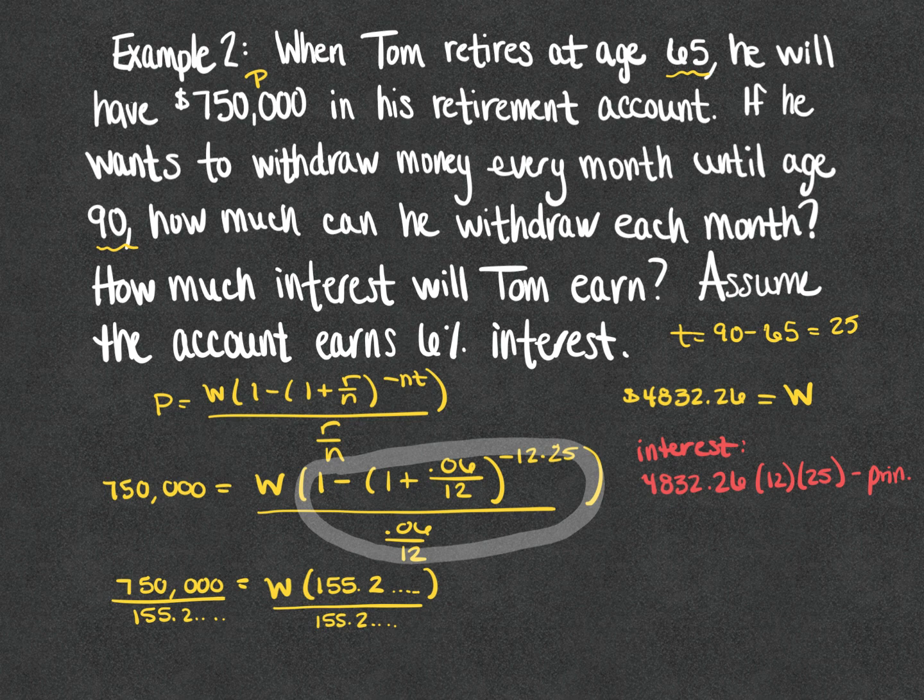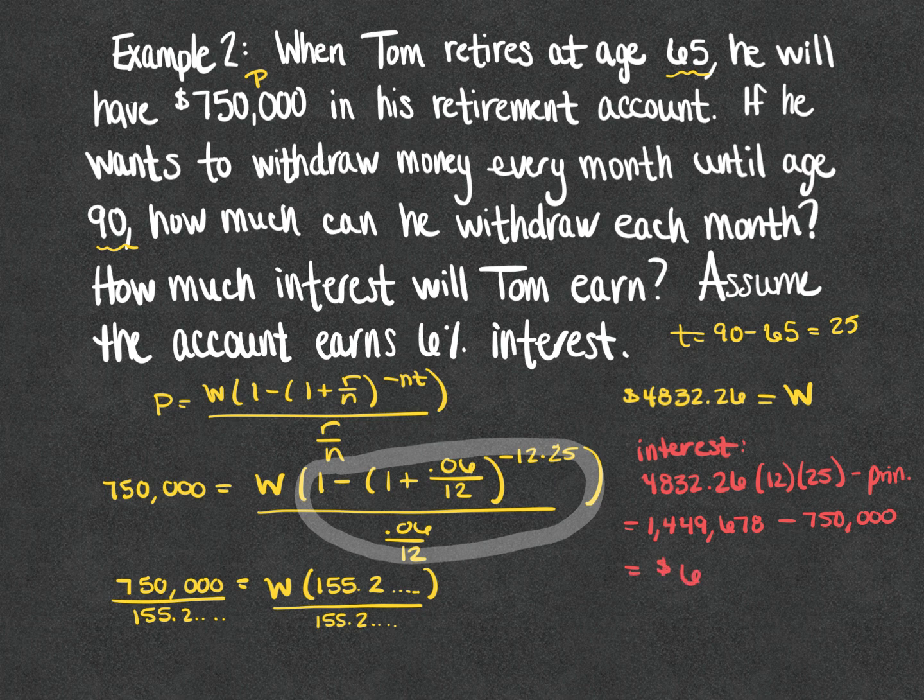So whenever we multiply out his monthly withdrawal times the 12 and the 25, we will find that he has then been able to withdraw $1,449,678. And when we subtract the principal,